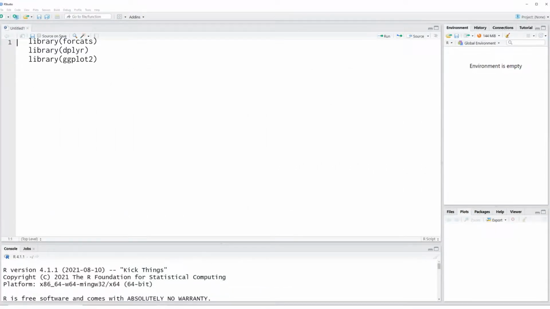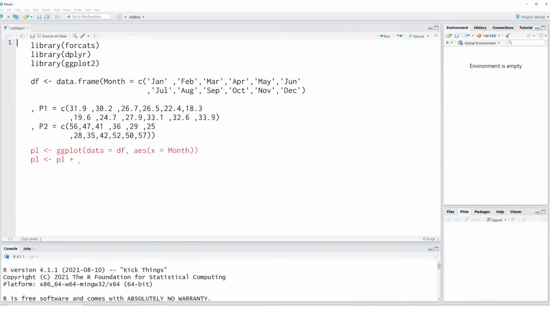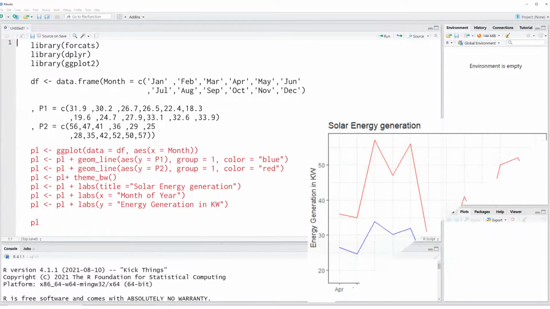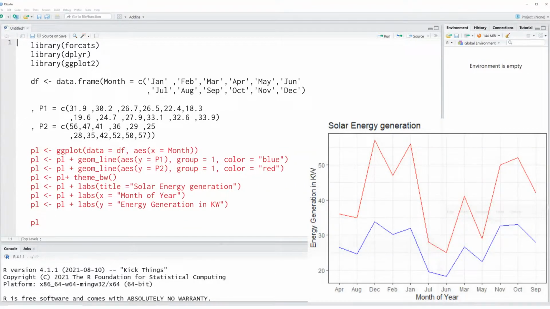Let's create a data frame called df, with some random data. Now, let's create a ggplot line chart, to represent the data along with months on the x-axis. Can you see the problem in the chart? The months are not in correct order, and the chart does not make sense without proper order of the months